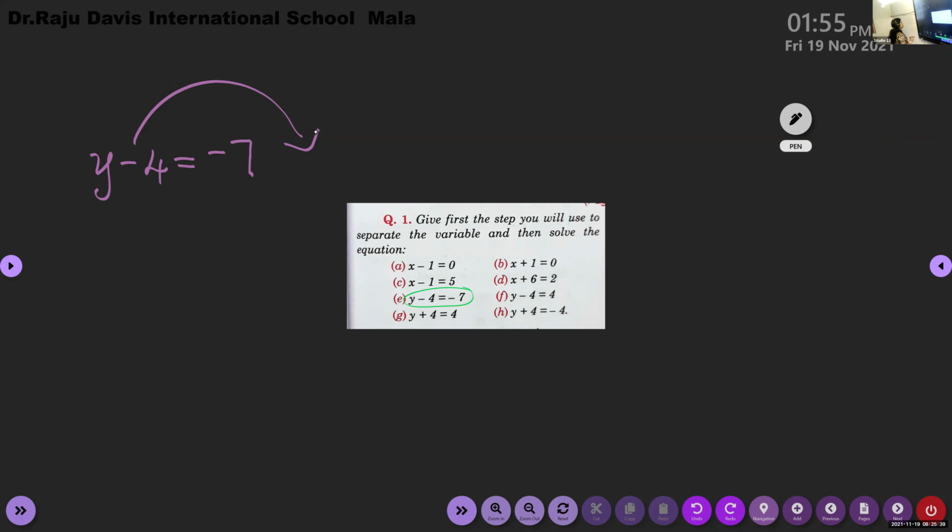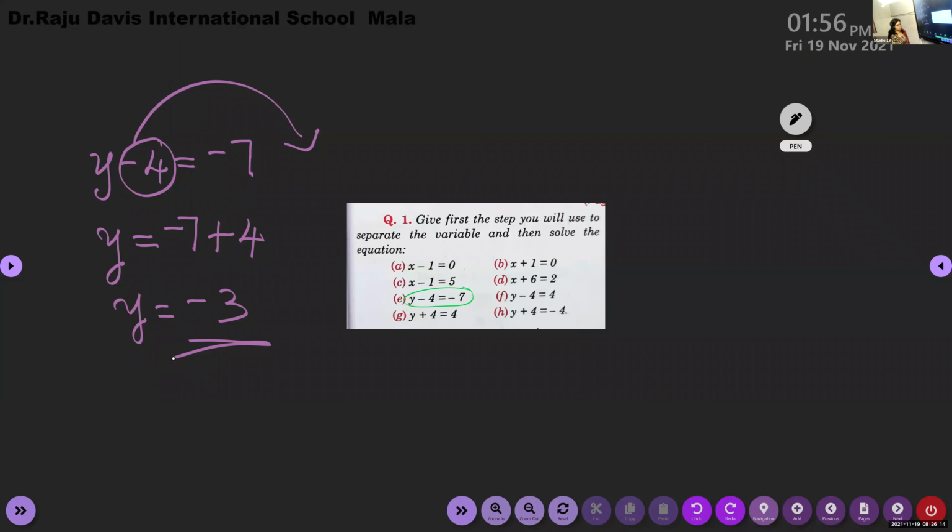Yes, Sian, come on. What is there on left side? We are transposing this negative 4 to the right side. So y is equal to negative 7 plus 4. This will come on the other side. Okay, 7 is already there. You cannot change. Negative 7 plus 4. Okay, so we can do the problem. What is the answer now? Negative 3. So y is equal to negative 3.